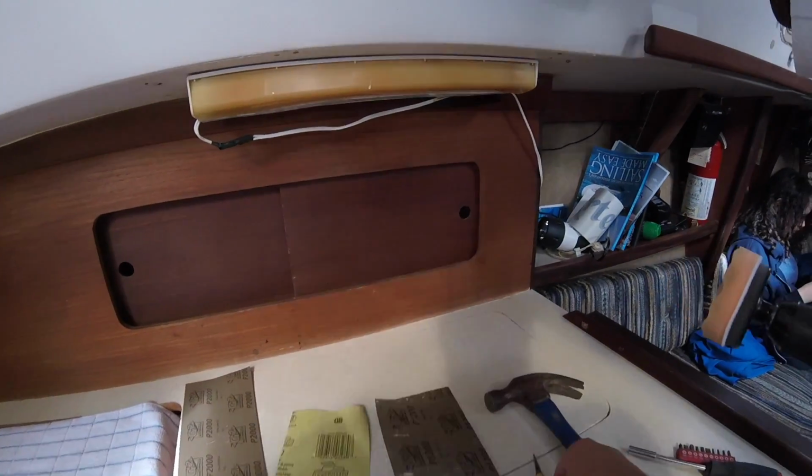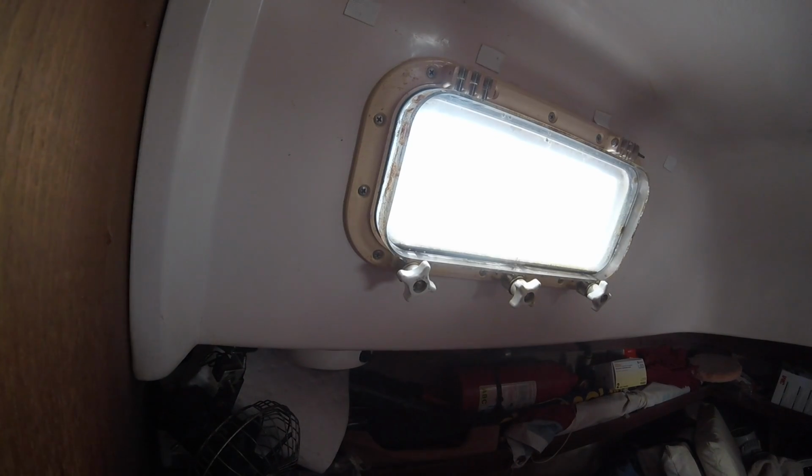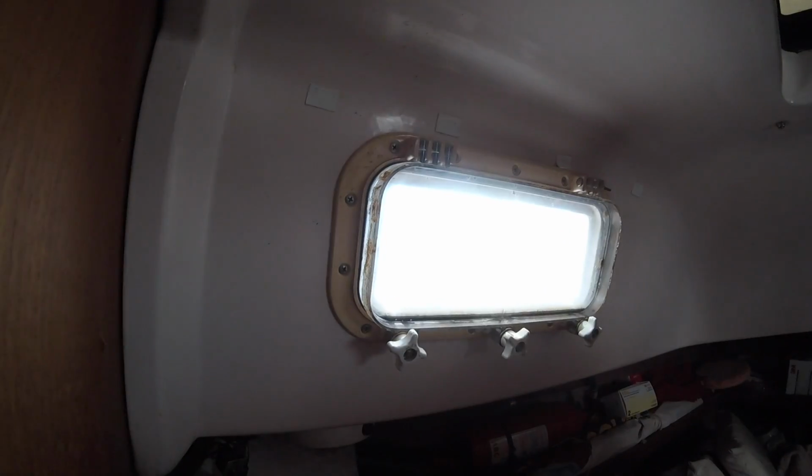So first up, we're going to go and pull that pin out and see if we can't loosen that up a bit. So here we go, and pulling the pin out. This should be interesting because